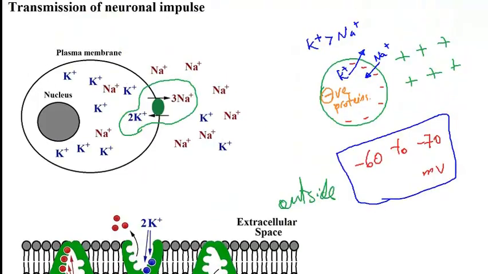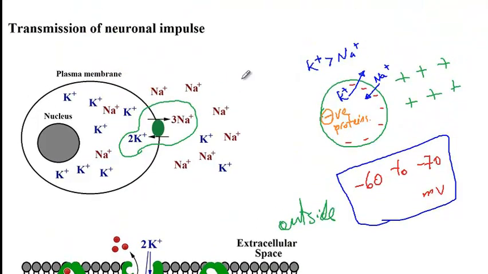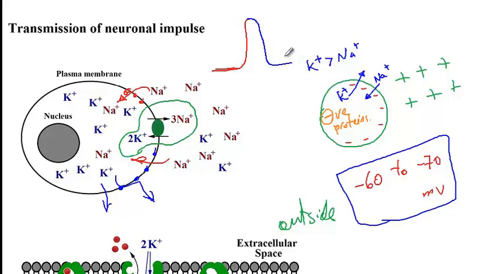You see how we have so much sodium outside the cell and so much potassium inside the cell. So with depolarization, what happens is that it will cause opening of sodium channels and sodium will flow in. As a consequence of which, the resting membrane potential all of a sudden increases. And then in the next phase, which is the repolarization phase, the potassium channels open. And so now potassium will come out of the cell, as a consequence of which there would be repolarization. So that's basically what we've just described here.